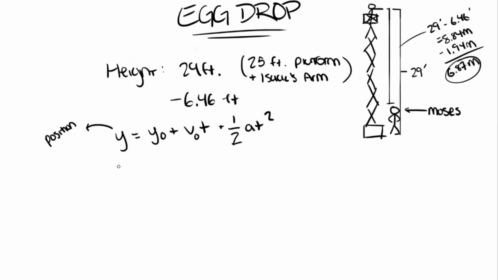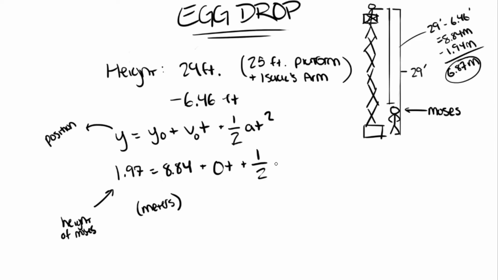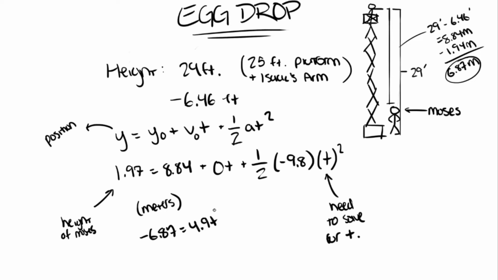So when you plug in numbers for that, it ends up as 1.97, which is the height of Moses, equals 8.84, which is the height that we dropped the egg from. Again, these are in meters, plus 0t, because the initial velocity is 0, plus 1/2 negative 9.8, because acceleration in this scenario is negative 9.8 meters per second squared, and then multiplied by t squared. And the t is what you're solving for, so when you solve that out, you end up with negative 6.87 equals negative 4.9 t squared, which then, when you do some algebra, turns into t squared equals 1.402 seconds squared, so